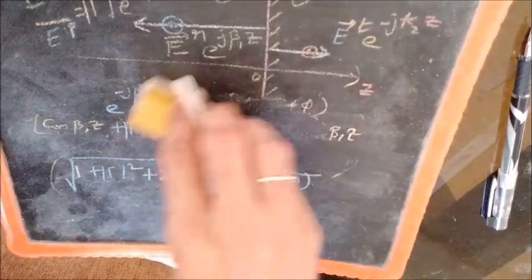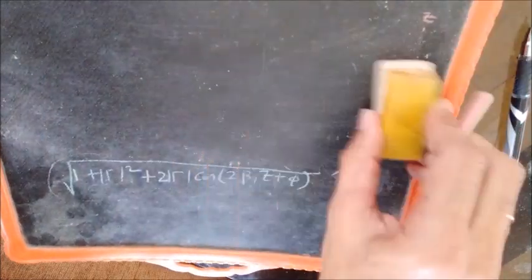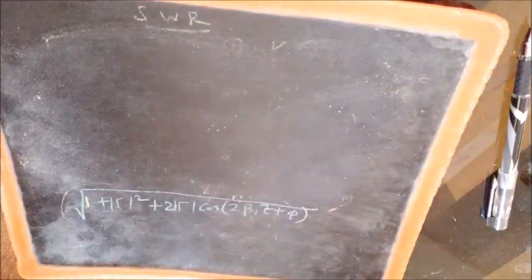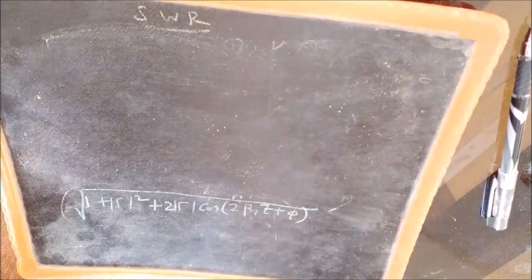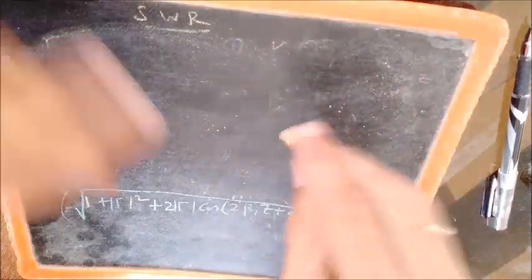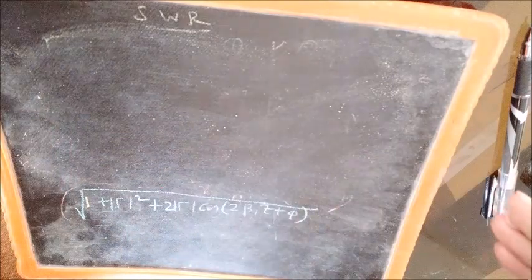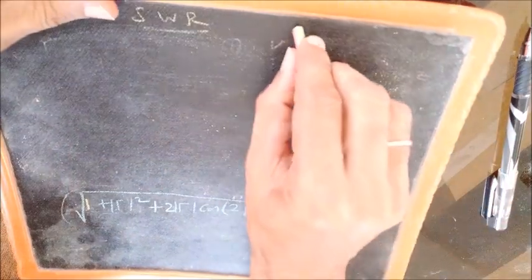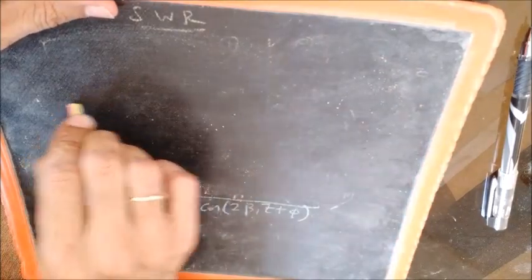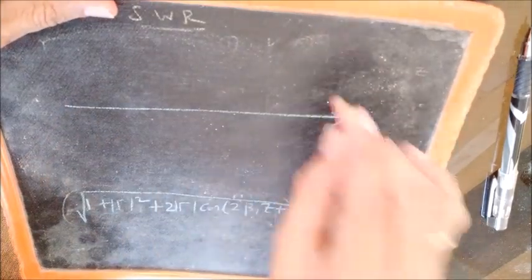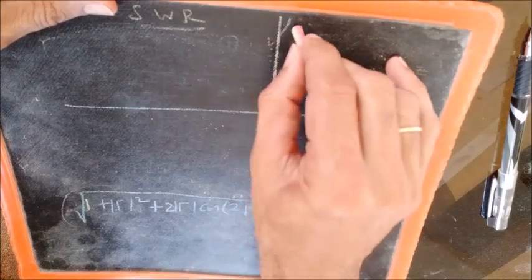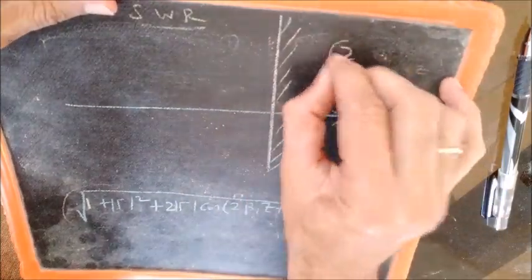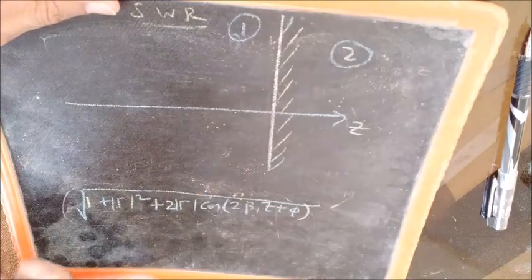Now, to understand or to discuss more on this magnitude, we will, for convenience, assume phi is 0. Purely for convenience, it becomes easier to discuss. Later I will show what happens, or you can yourself see what happens if phi is not 0. For convenience, we'll assume phi is 0, and we will redraw the geometric arrangement here. This is the interface, region 2, region 1.